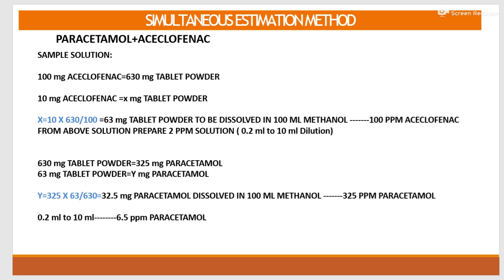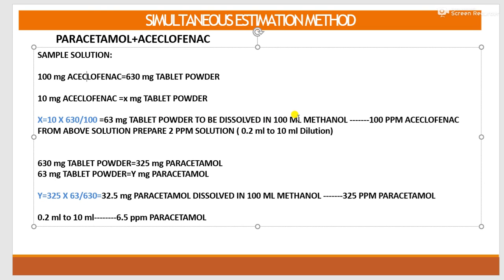Now preparation of sample solution, that is tablet solution. So 20 tablets you have to triturate and make a fine powder. The average weight is 630 milligram. So for 100 milligram of aceclofenac, 630 milligram tablet powder is required. So for 10 milligram, how much tablet powder is required? So X will be 10 into 630 upon 100, that is 63 milligram tablet powder, and that tablet powder you